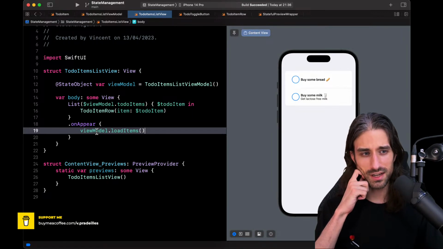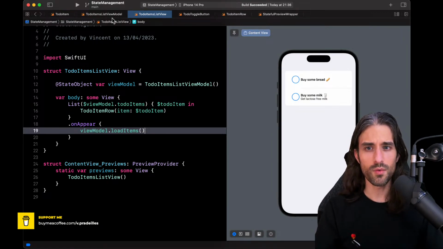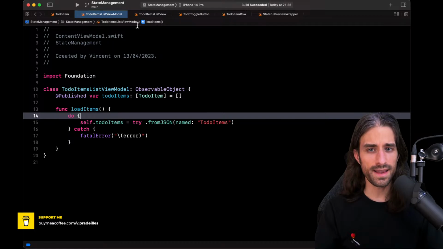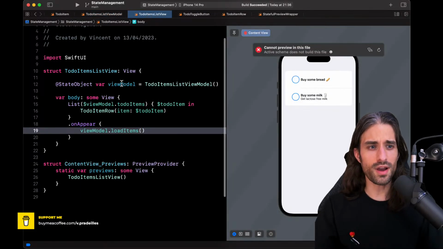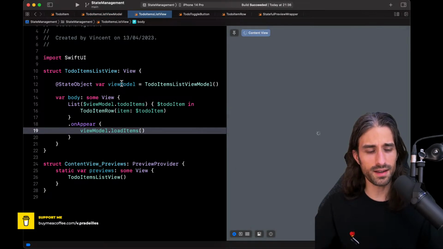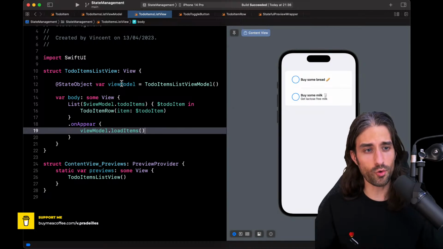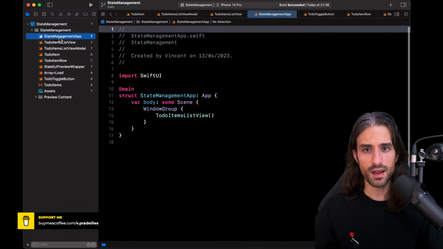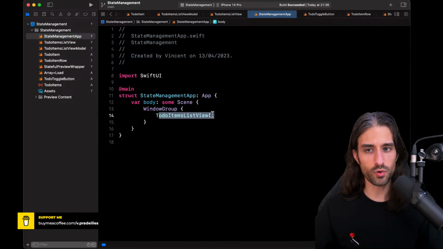Why did I make that change? There's actually a very good reason why I made that change, and it's because, remember, I told you in the first chapter that your view hierarchy is created ahead of time. If we take a look at the top level of our view, we have ToDoItemsListView, which is created, and all of the views we could have, like in a tab bar, for instance, would be created.